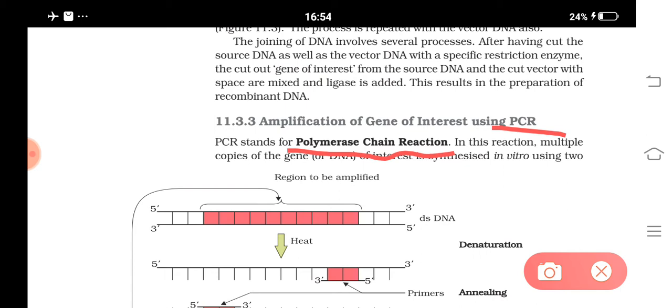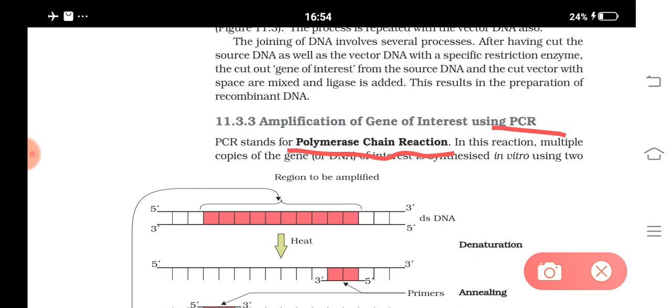So what is it used for? It is also a technique only, it is not just a process. It is a process, of course, but more than that, it is a technique to multiply what? The gene of our interest to any number. A number of copies of the same gene you will get, so that you can do the experiment again. Understood? Otherwise you have to repeat from the beginning.